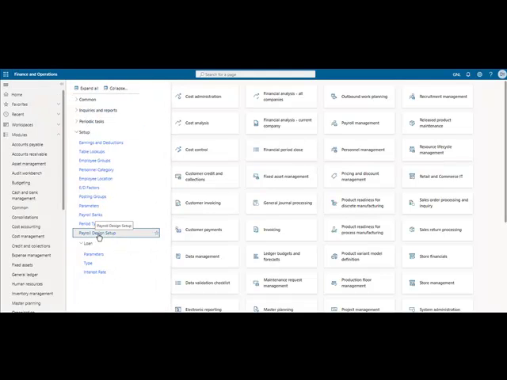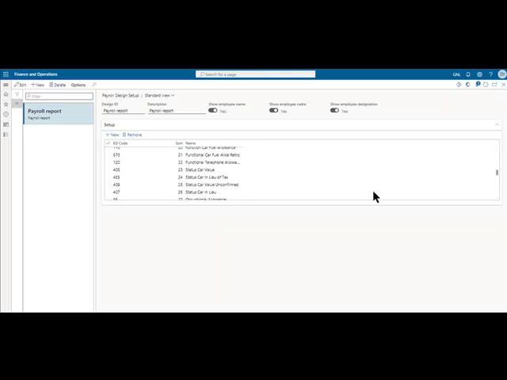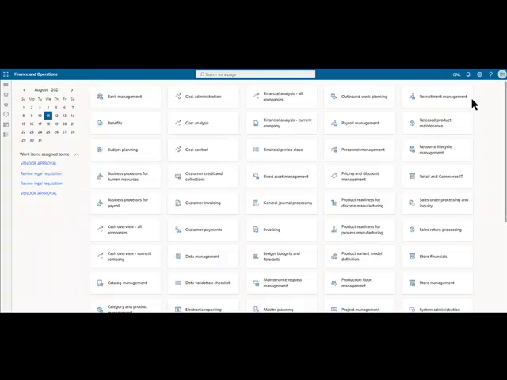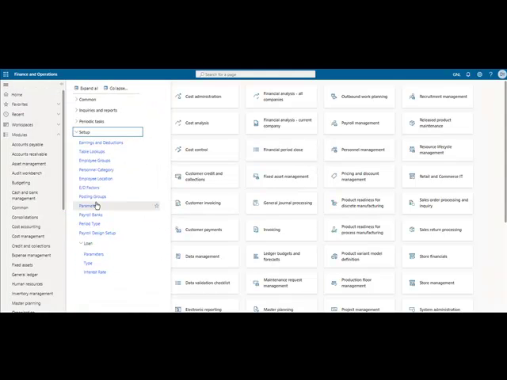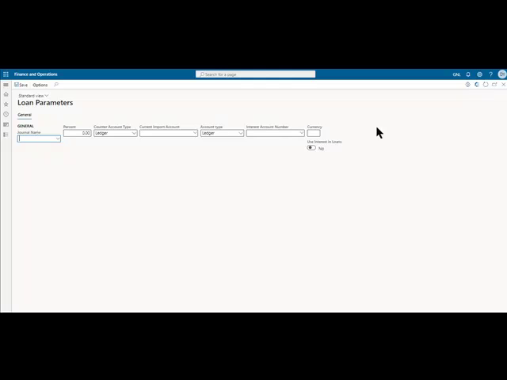So you have a payroll design setup which controls your general payroll report. What are the EDs that you want to print on that report, and how is it going to be sorted? What column comes first? What column comes next? And on like that. So this is how you define the way the payroll report is going to be structured. And lastly, you have the loan. So the loan helps you to define if you are going to be having interest on the loan, which EDs are going to be used on the loan, and then how you want your loan generally to run. So that's how you define